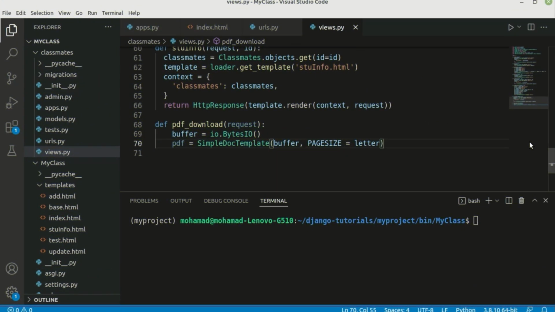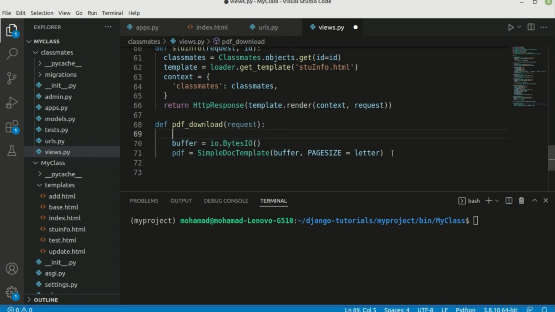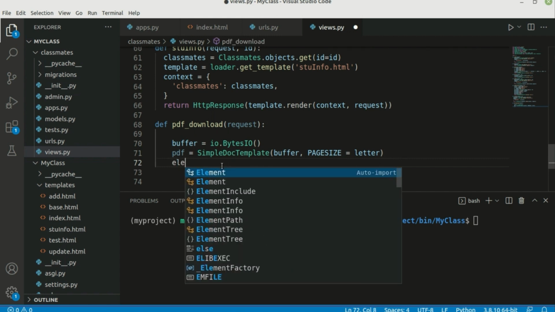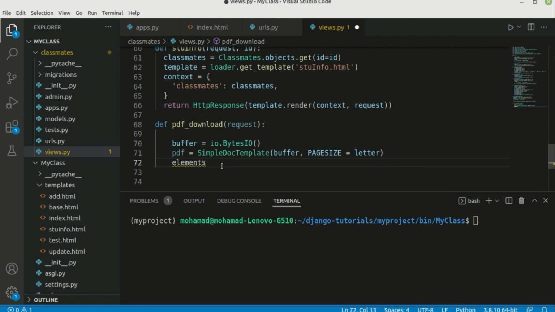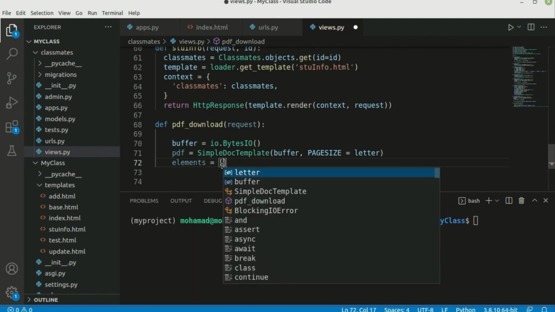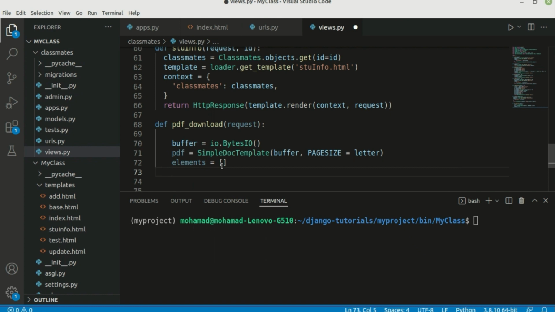So in the following of our PDF generation tutorials, in the second video, we're going to continue our views.py PDF download function. So next thing we're going to do after defining the buffer and also the PDF variable related to creating simple doc template, now we're going to define elements, which is an array, and we're going to add our data inside of it, append our data inside of it. So let's create our data